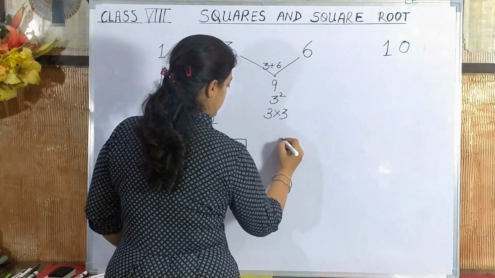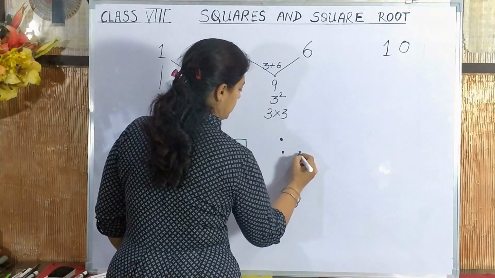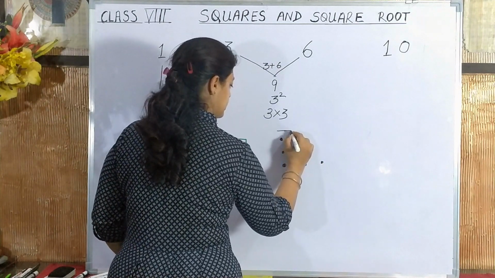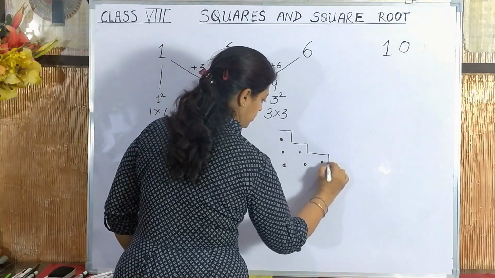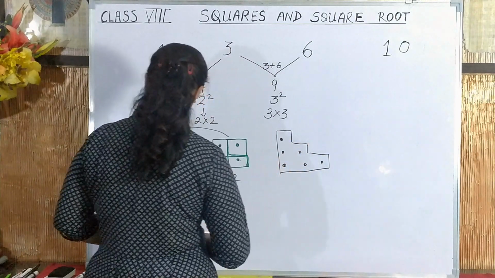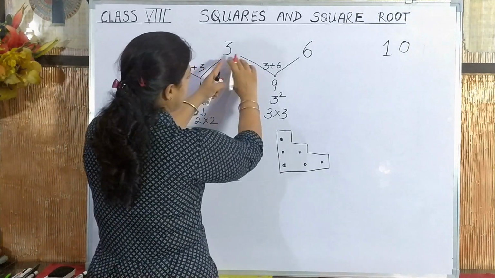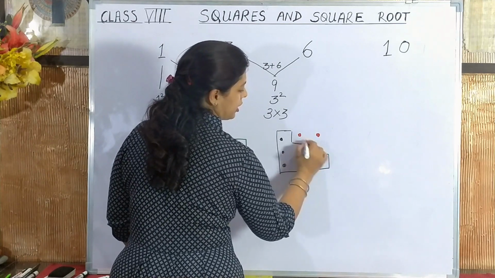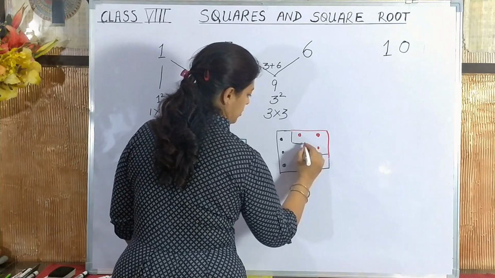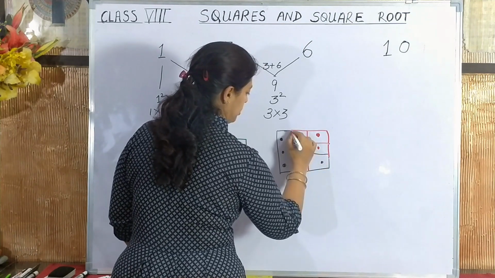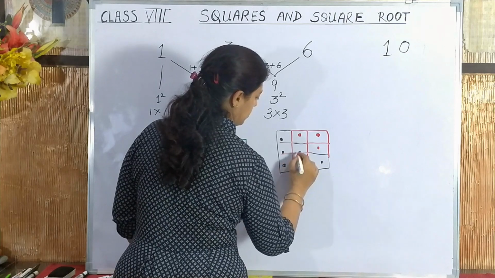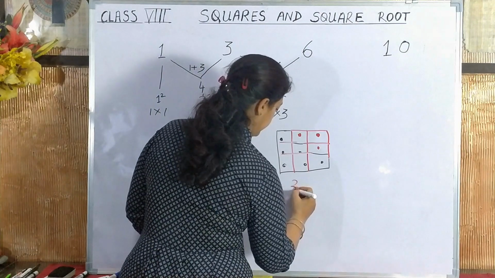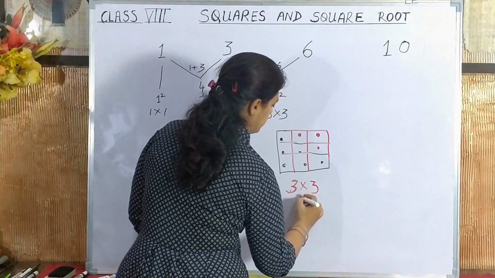Now 6 can be represented as 1 dot, 2 in the second and 3 in the third. So I can visualize this in this form. These 6 dots here, and if I bring, that means I am adding 3 plus 6. So 3 dots I am bringing over here, in the form of an inverted triangle. So if I join, this shape looks like a square because I get 3 added 3 times. First row 3 plus 3 plus 3. 3 added 3 times is 3 into 3 or 9.